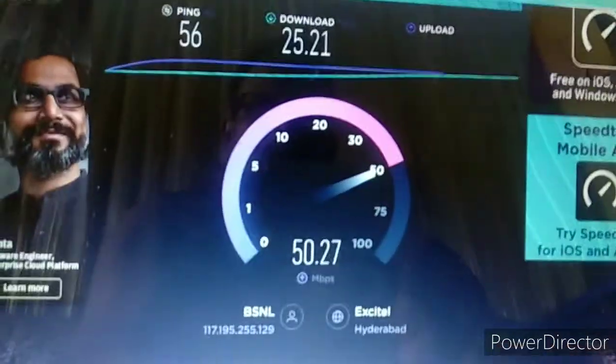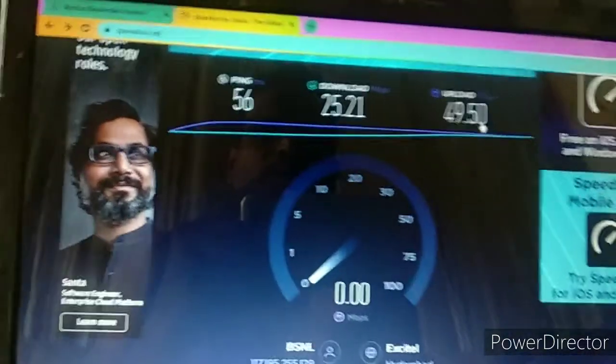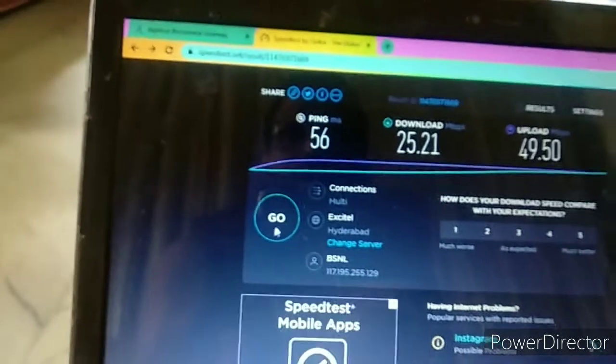This is the first time, I think we have to ask them. This is the upload speed, 50 Mbps it is showing, and the ping timing. We will try again.